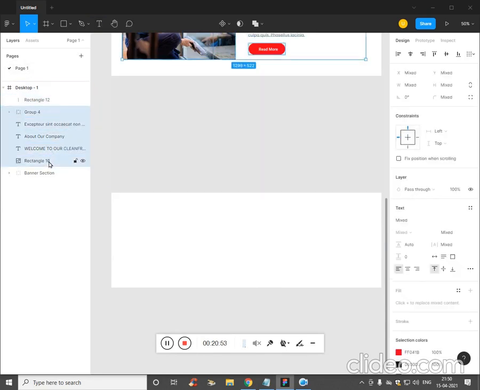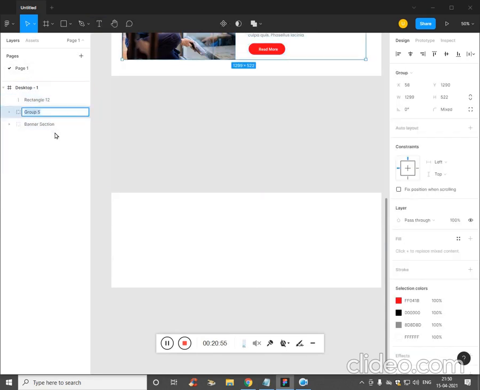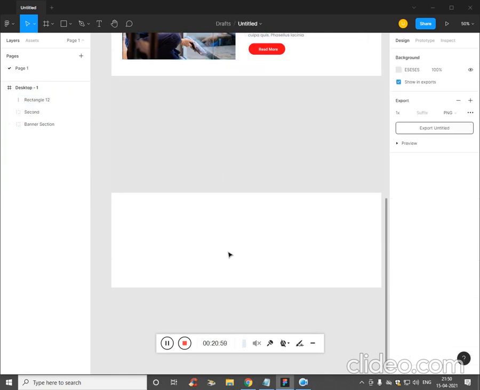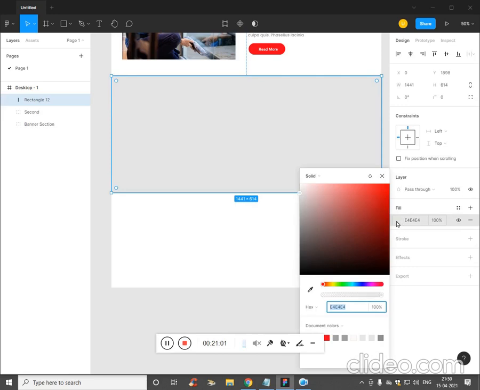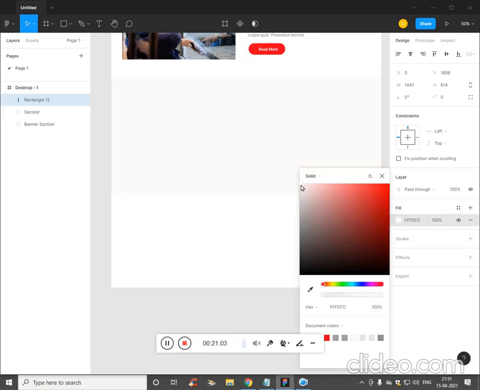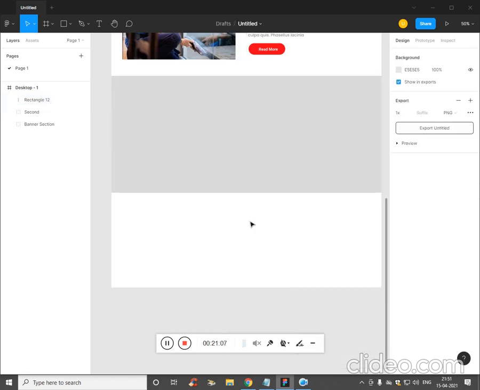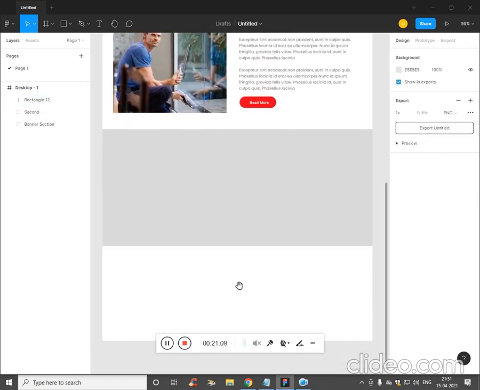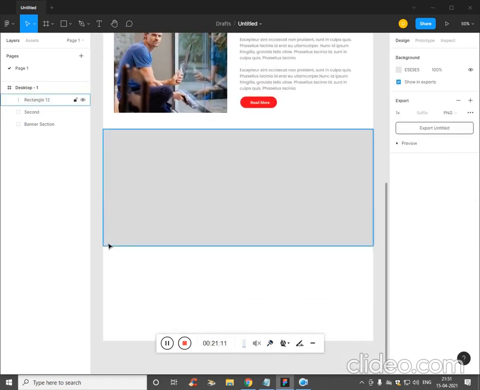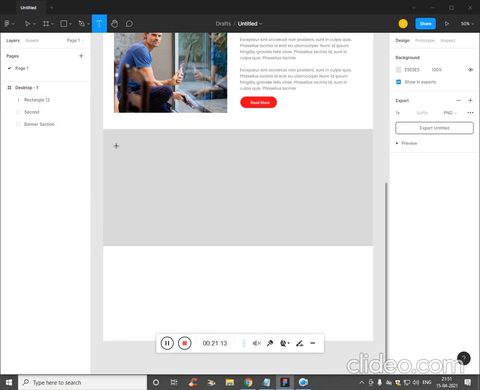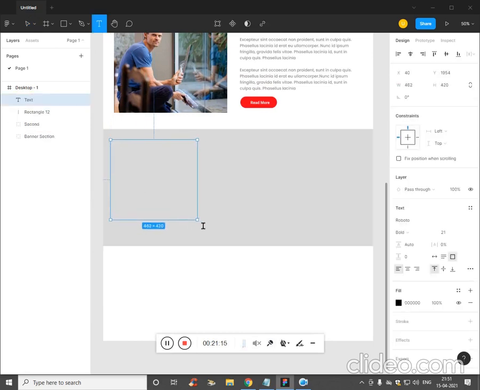So before that, let's make this as a group and call it as second section. We'll change this color. Now type T, drag,